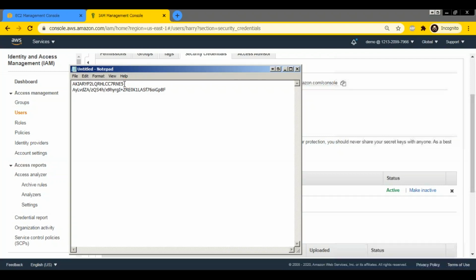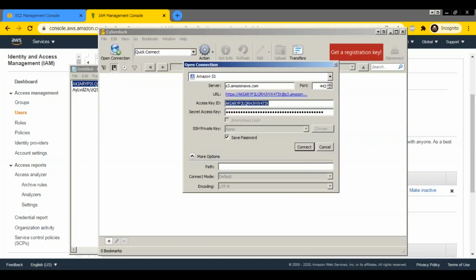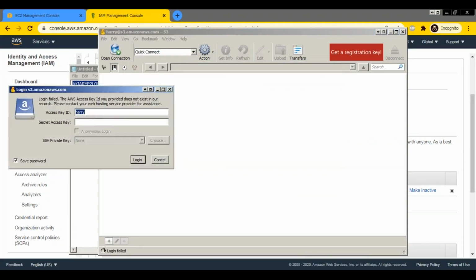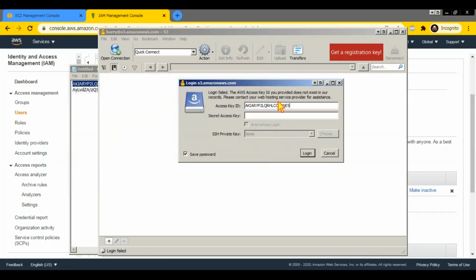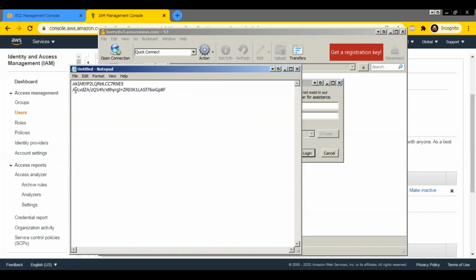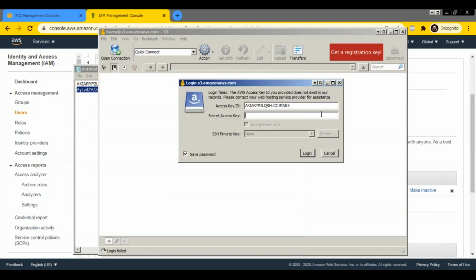So now say for example I have given programmatic access. This user wants to connect to S3. If he puts Harry and his password, it will not work. You have to provide the key because it is programmatic access. Anything other than the AWS console is programmatic access. If you are using a third party tool, like I told you, for log analysis, Loggly, in all those places you have to give only your access key and secret access key.